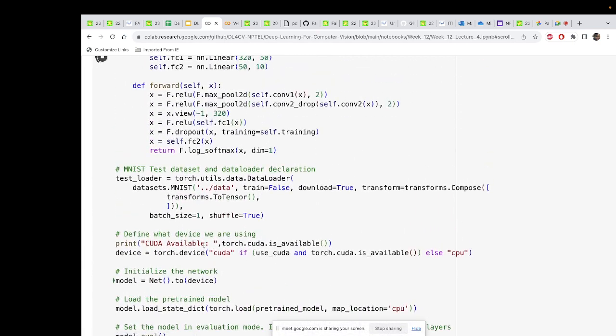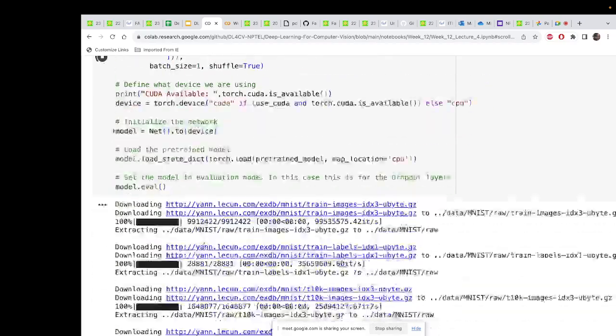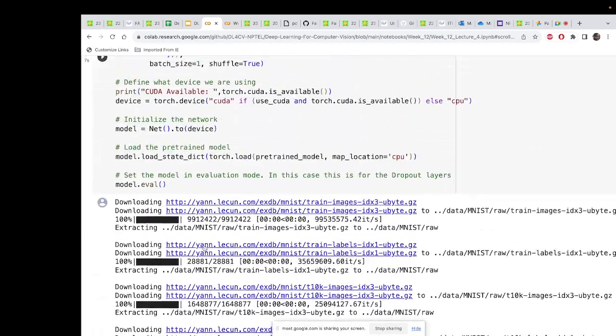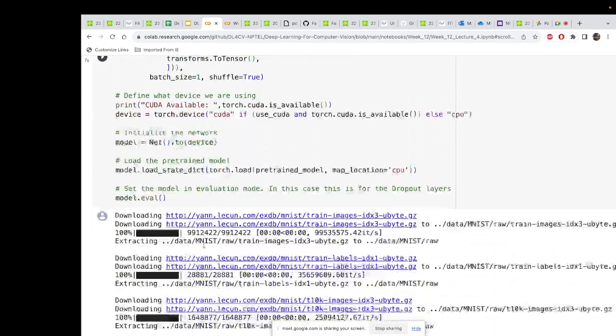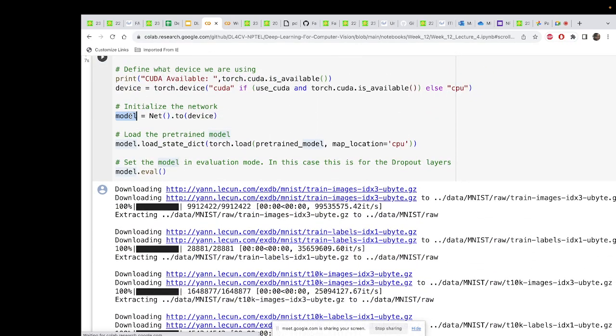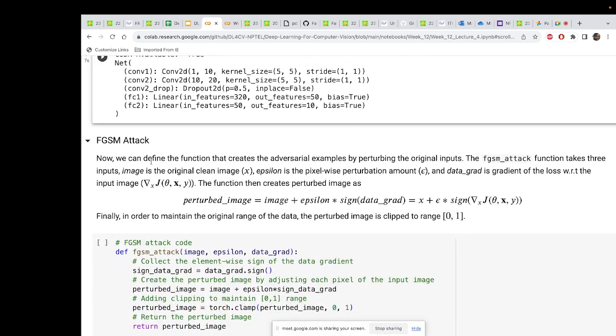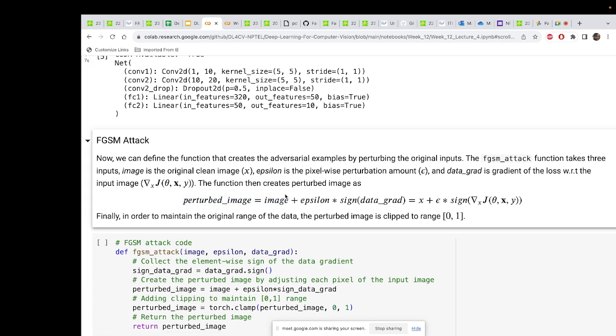Yeah, so it's downloading all the test data, first of all the test labels and all, and then it is loading the model in CUDA, right. So we have initialized the model in this variable model. Okay, so now we already saw, we already defined while we were discussing what the perturbed image is in